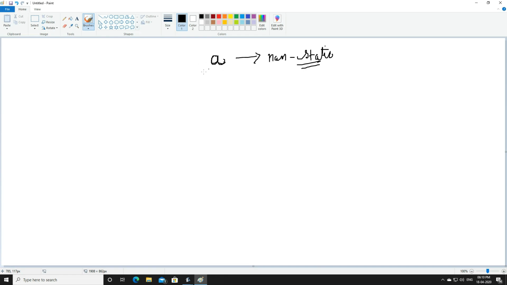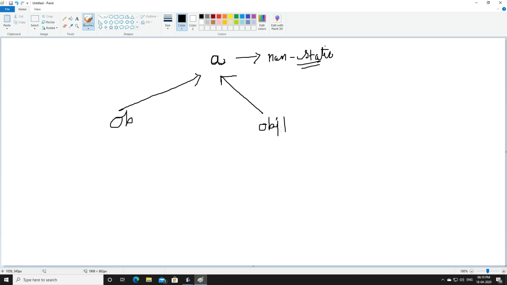Presently we have two objects. One is ob object. With the help of ob object we can access a, and another one is obj1 object. With the help of obj1 object also you can access a, a data member, right?